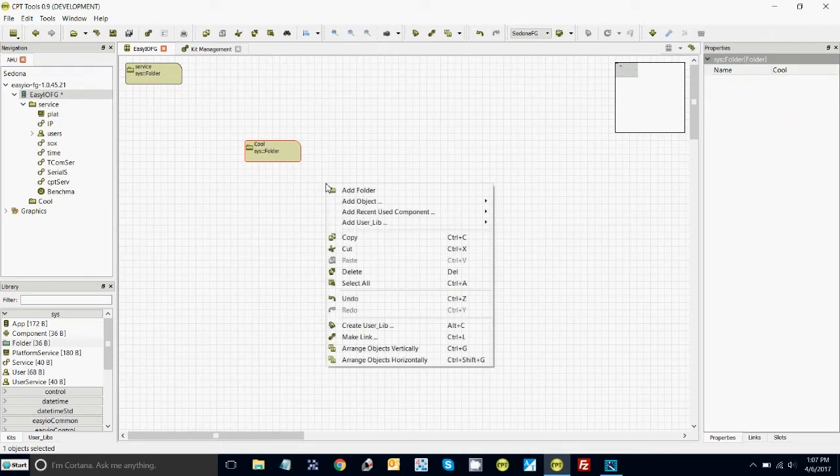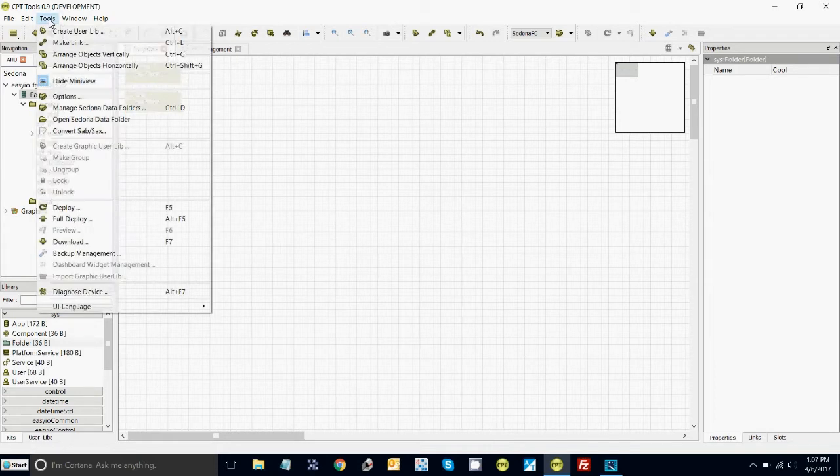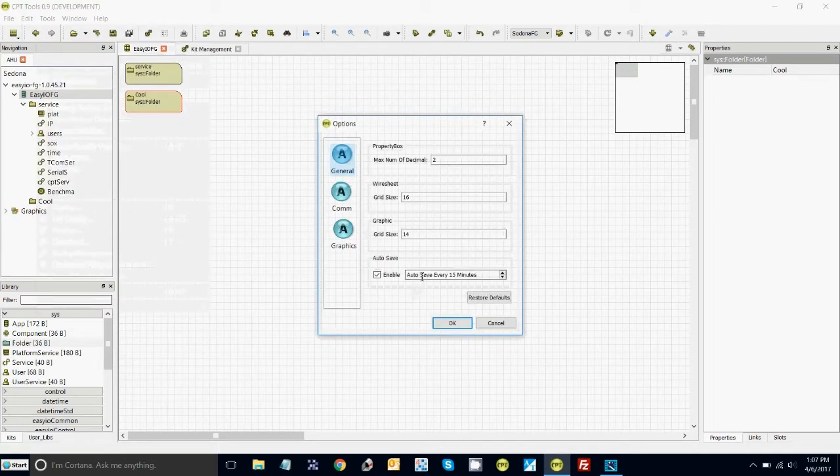Now what you do then is you can just go down the way, you can arrange vertically or horizontally. I'm going to arrange vertically, and get used to hitting this save button here. You can set this yourself to do it automatically. If you go into tools, there's many things you can do in here. We'll cover some of them later, but if you go into options, you will see we have an auto save